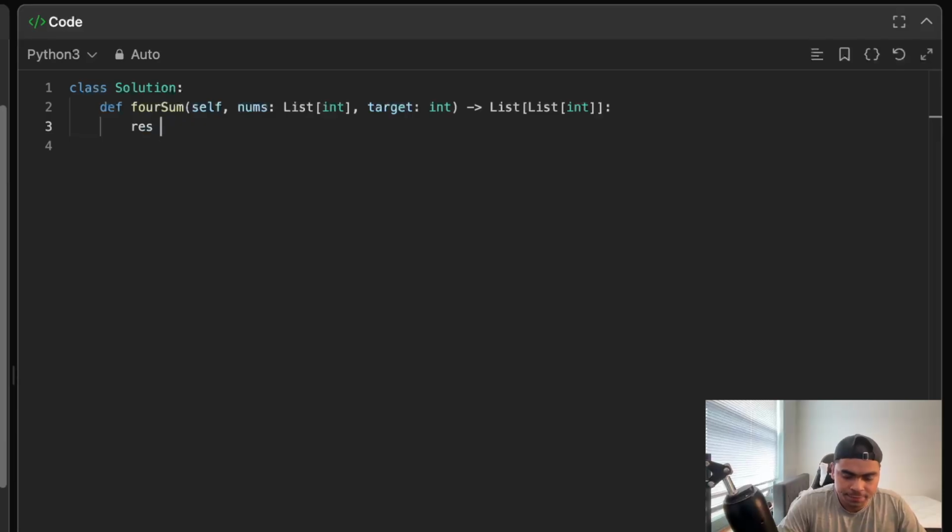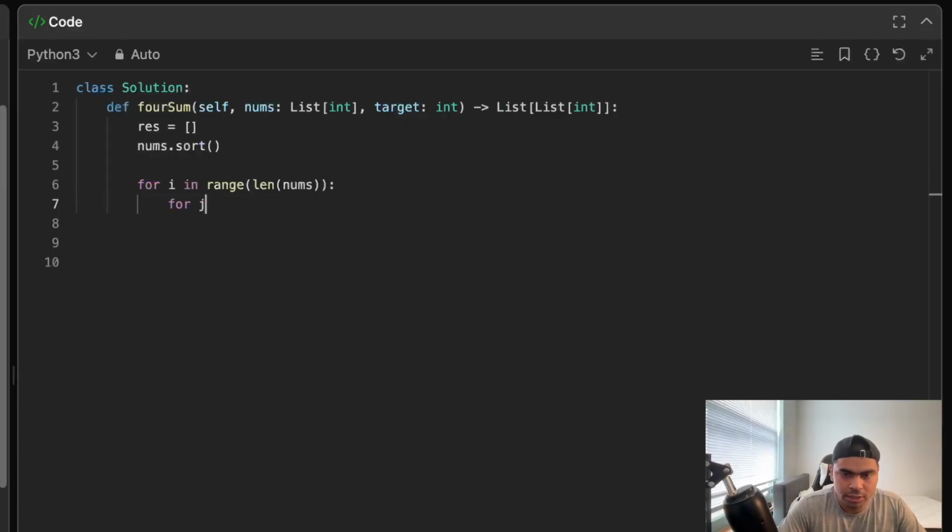So we'll have result, that's an array. And then we're going to sort nums, so nums dot sort. That's one important thing. And then we are going to start with for I in range, that will be len nums, and it starts at 0. And then for j in range,